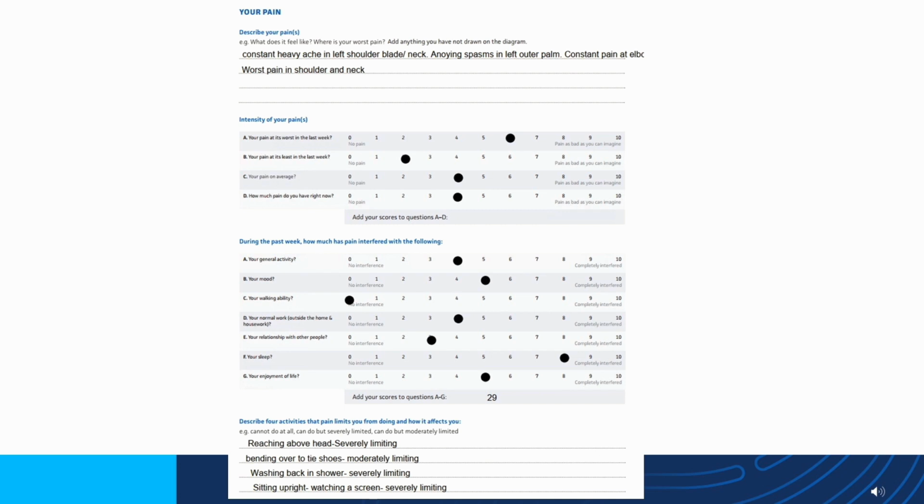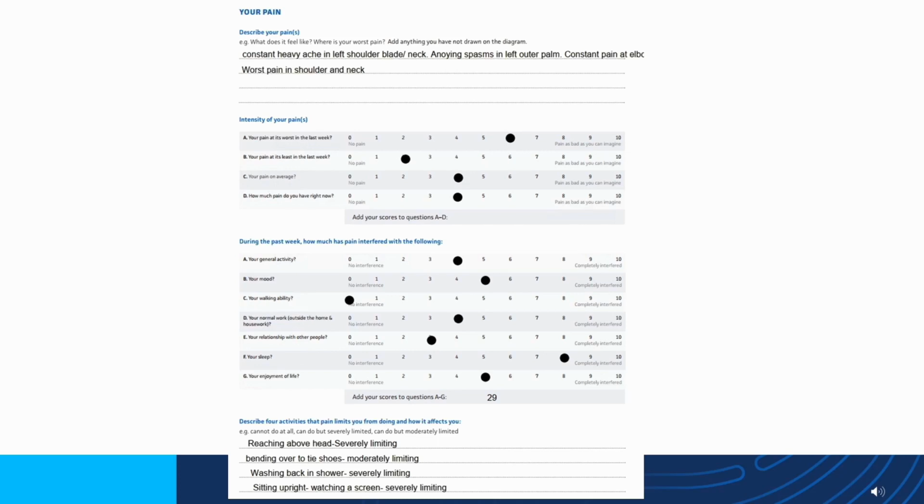This is the BPI pain, so the top 4 dots, the pain scores over the last week, and then the bottom, I think it's 6 dots, are the BPI function, so the Brief Pain Inventory function. So pain scores were moderate, ranging from 2 to 6 out of 10, and the functional interference, as you can see, was also moderate, roughly down the middle. There were a few things at the bottom of the slides you can see. Wasn't able to reach above her head.